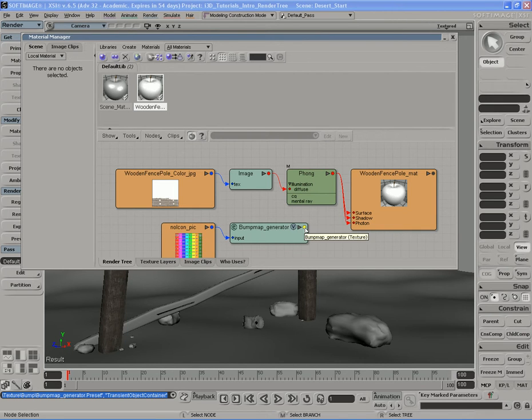Let's take this yellow dot, click and drag, and we want to plug that straight into this material node here. When it does that, it's going to ask us where we want to plug this to. Well, we want to plug it to the bump map slot. So go ahead and click on that, and now this bump map is connected to it, but it's the wrong